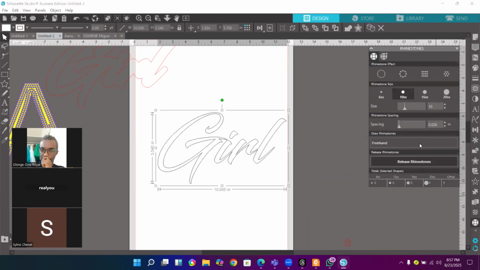Then go to your rhinestone. Now always remember to change your spacing, the default. Okay, the default is still 0.026 here, so we can now convert. Now whenever you're doing a script